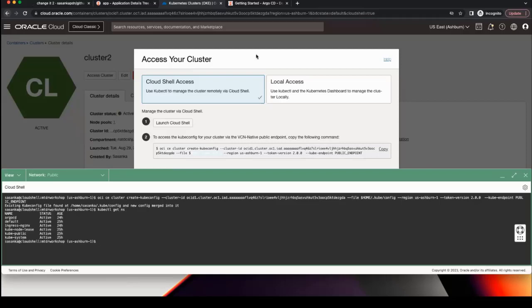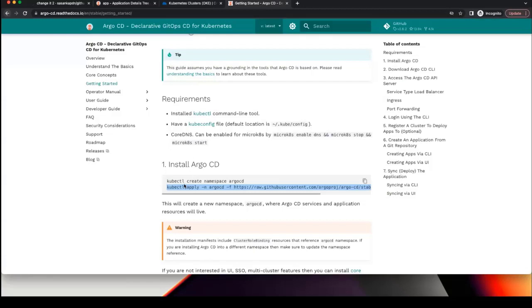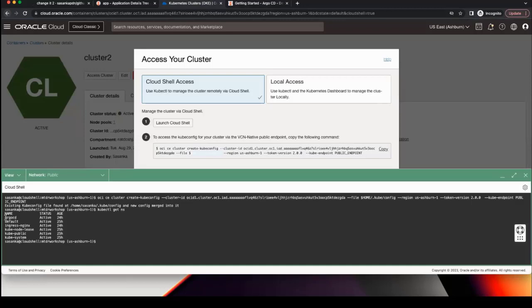once you run this command, like create the namespace Argo CD and apply, you can see everything is going to install in the Argo CD namespace.